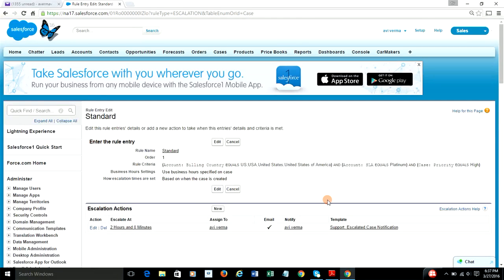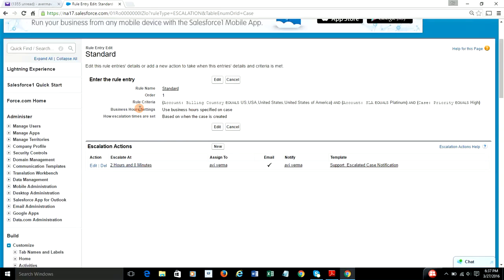And as an example here, for this rule entry, if the account happens to be in the US and it's a platinum account and the case is of type high, after 2 hours escalate this case to this user using this template. Okay,